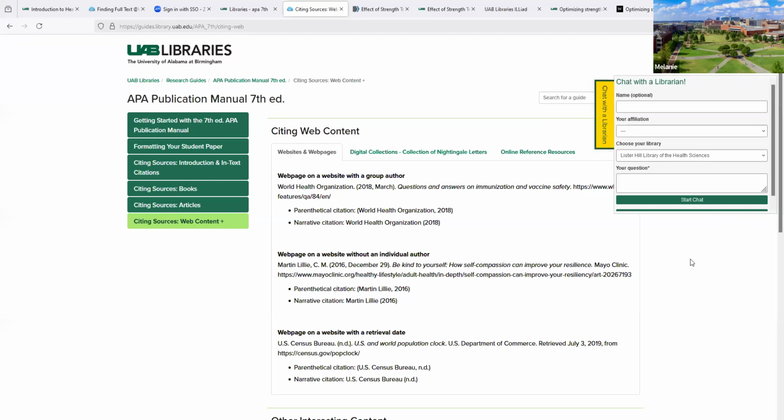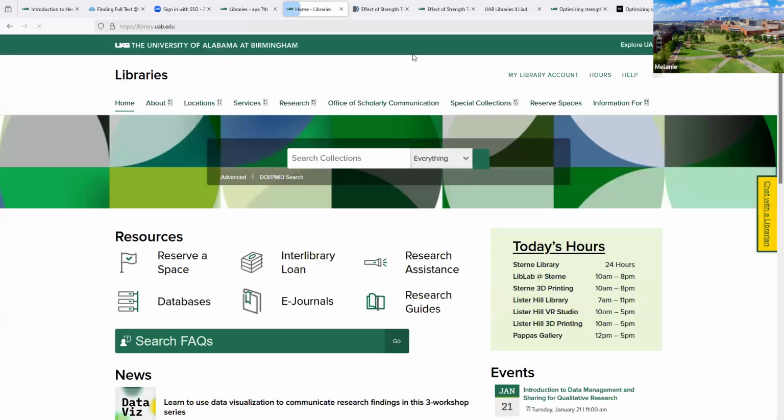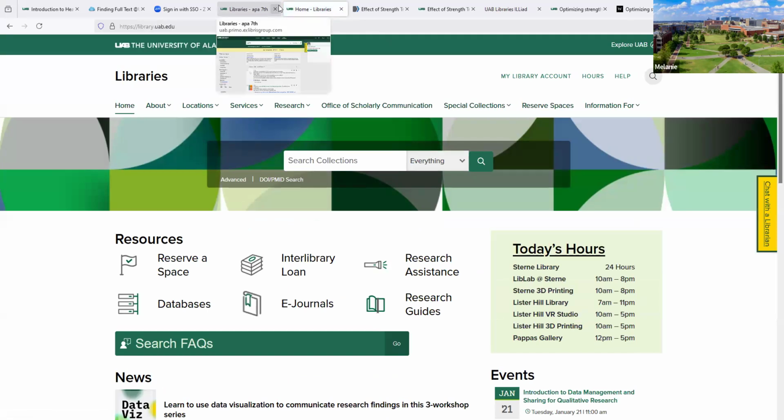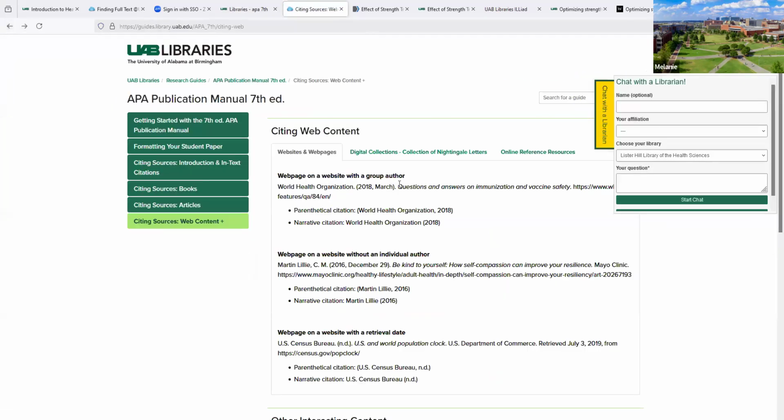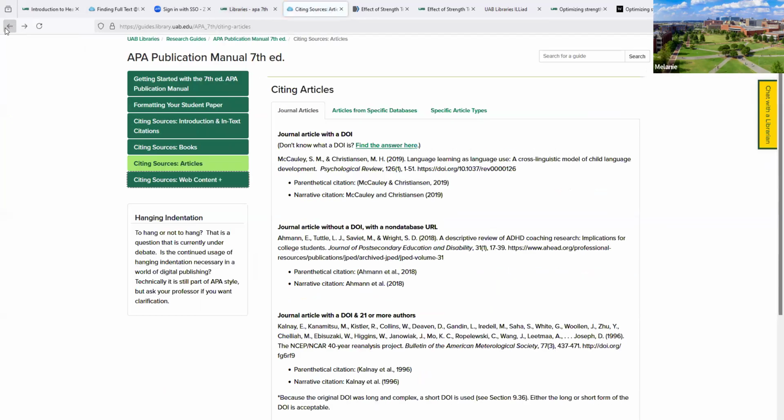So the research guides, we have a lot of these. I want to show you how to get to them. Oops, I clicked the home page. Let me just show you this real quick because